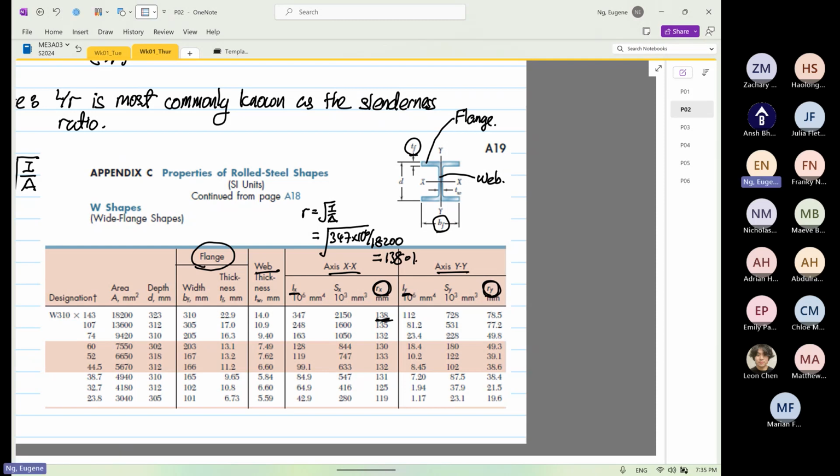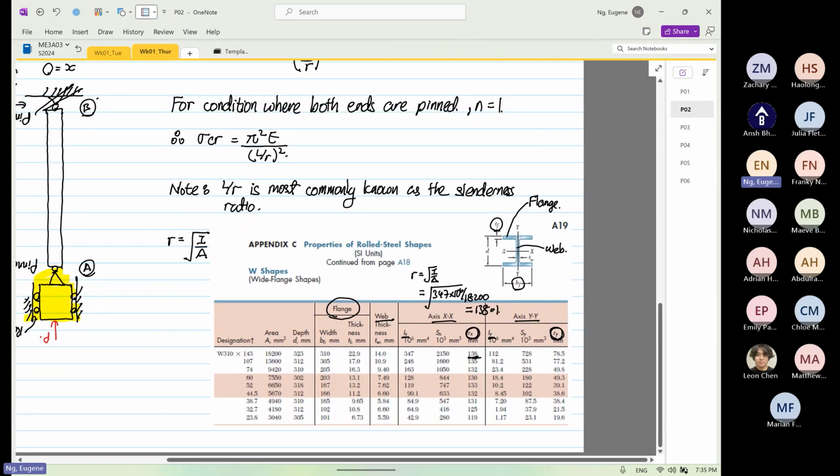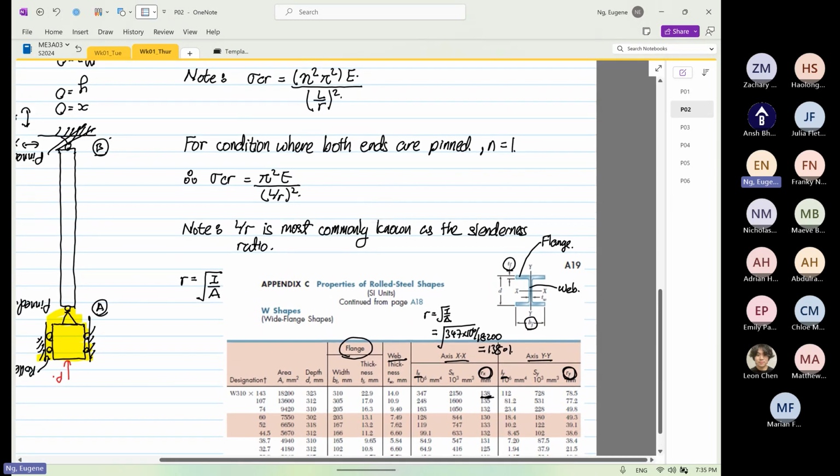But the most important thing that I want to drive home is this. Before I go on, any questions? I hope this is clear. I don't have any questions. So the most critical thing that we come out with is